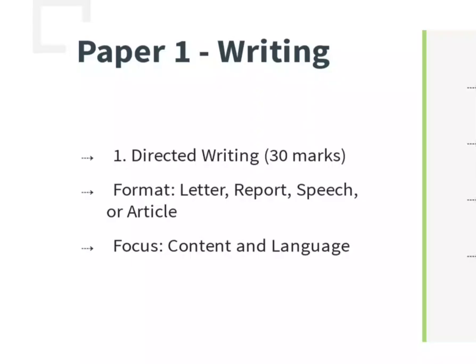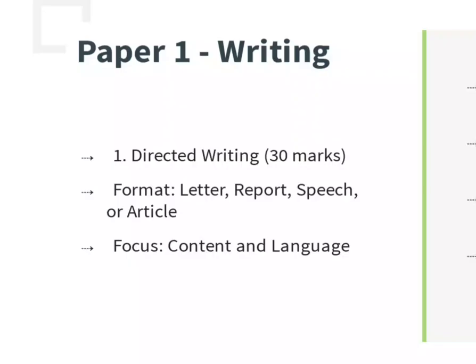So paper 1, in which writing section 1 deals with the directed writing, as you can see that there are 30 marks allocated for this portion in section 1. What things come under this section and how you have to do these things. Basically, the candidates are presented with one compulsory writing task. I'll also discuss the task and the focus, which is on task and language, in detail. But first, we will see the marking criteria and the timings which are assigned and the weightage that has been assigned to each portion.